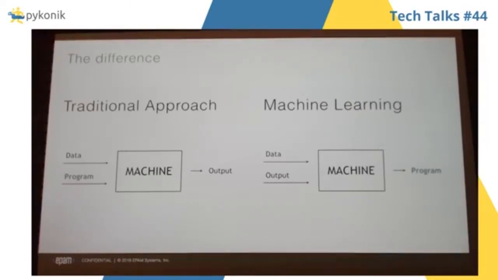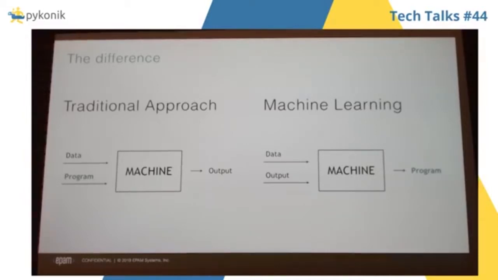That can be a web page or web application or mobile application, doesn't matter. And we have a new or different way to develop something or solve a task, and it's machine learning. In machine learning, the flow is different from the first approach, and it's really changing the way to develop something.